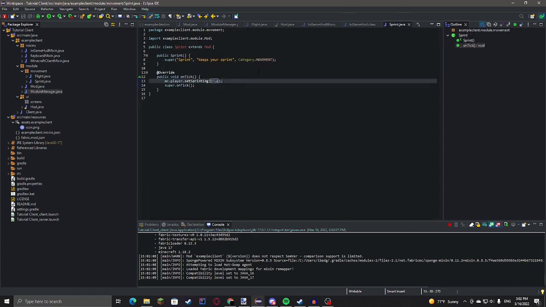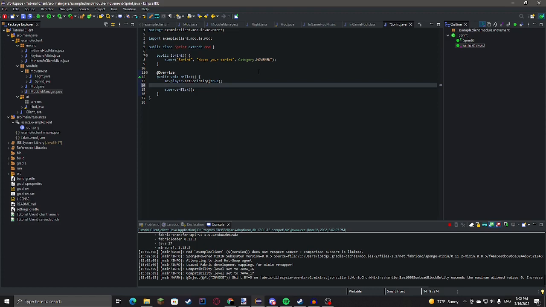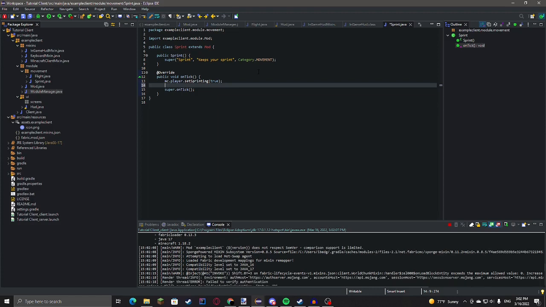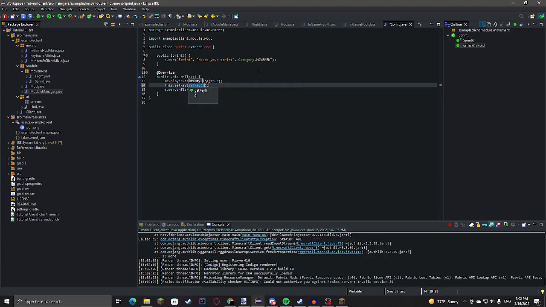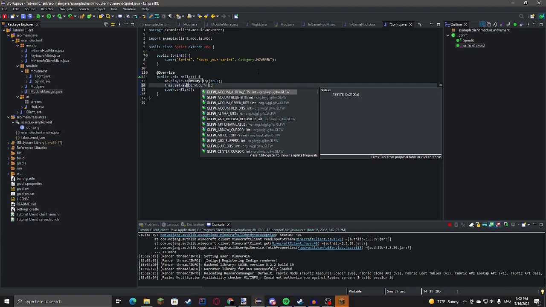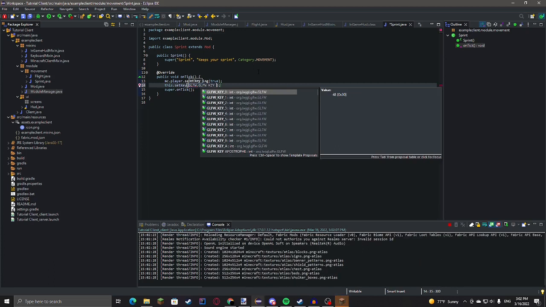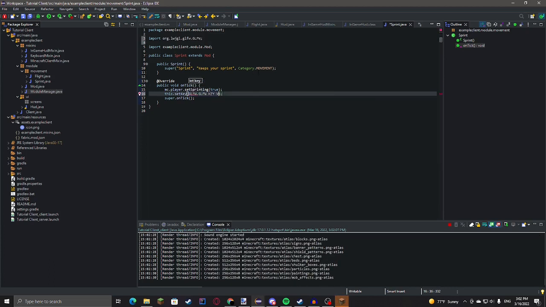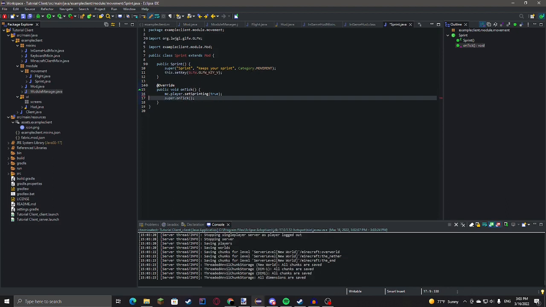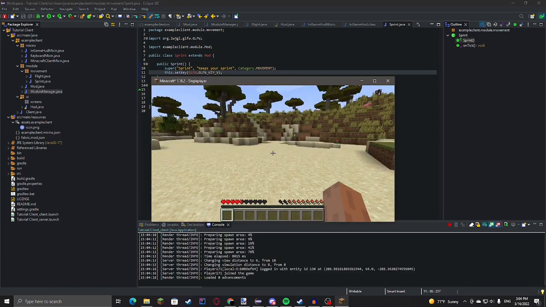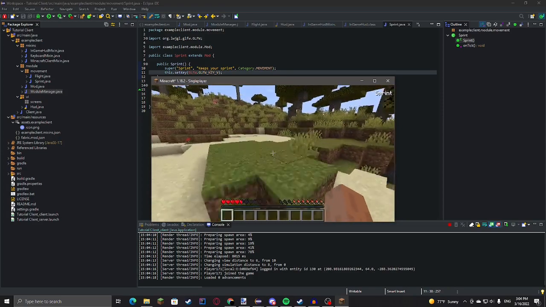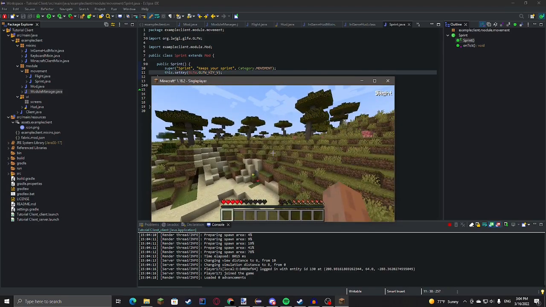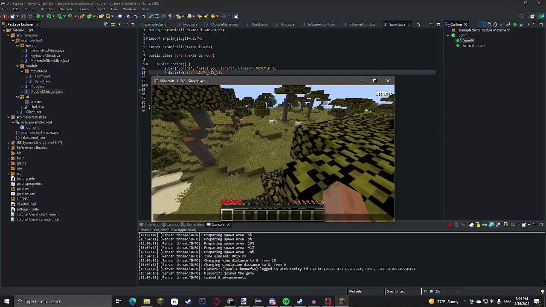Oh, also I'm just going to quickly set the keybind for this because I have no other way of toggling it. So just set key, we'll just say glfw.glfw underscore key. I'll just say V because I'm going to remove this later. Make sure to set the key to that right there, and then I'll debug it. And then V. So we've got sprint enabled, and as you can see, we're just sprinting all the time.